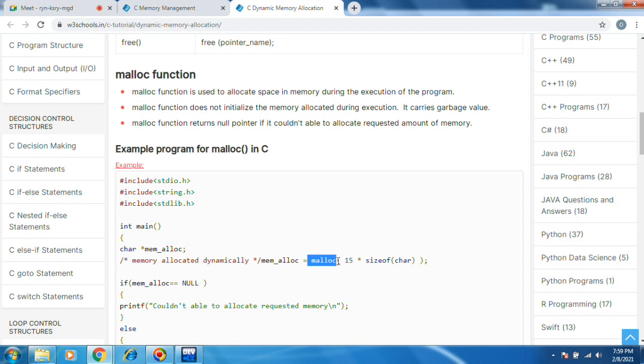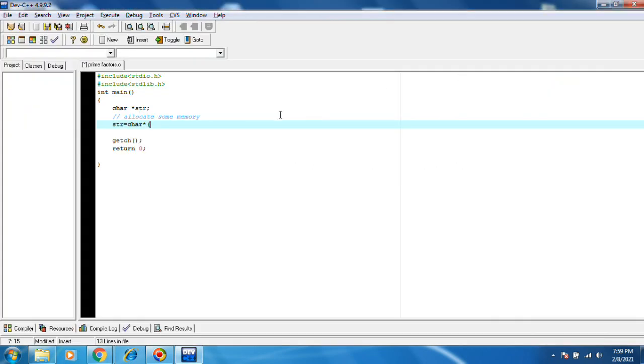Yes, you should use malloc. Malloc 15, I want to assign 15 characters, size of char. A single char means 2 bytes, so 15 into 2, 30 bytes will allocate. That means I can store 15 characters in this string. At runtime it will allocate.